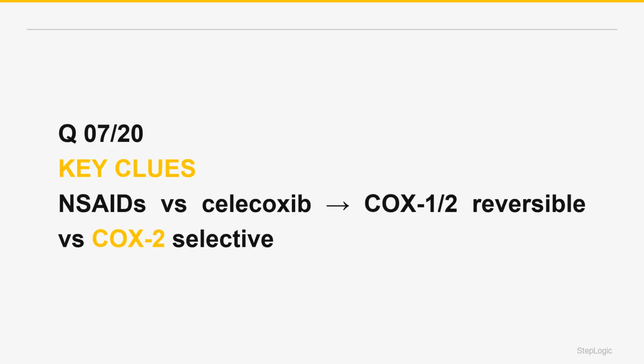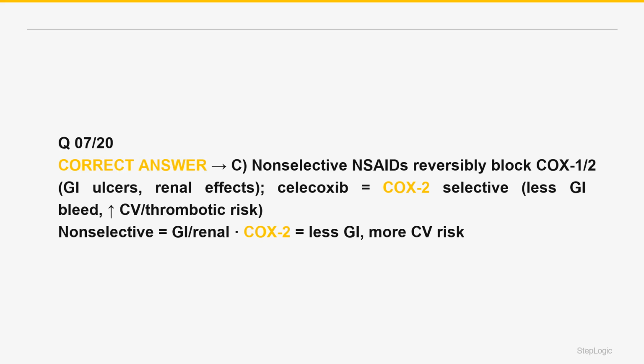Traditional NSAIDs, ibuprofen, naproxen, indomethacin, reversibly inhibit both COX-1 and COX-2, reducing prostaglandin synthesis to produce analgesic, anti-inflammatory, and antipyretic effects. This contrasts with aspirin, which irreversibly acetylates COX. The downside is inhibition of COX-1, which makes the protective gastric prostaglandins, so non-selective NSAIDs cause gastric ulcers and bleeding. They also reduce renal prostaglandins, afferent arteriolar vasodilators, so they can cause acute kidney injury, fluid retention, and hypertension. The correct answer is